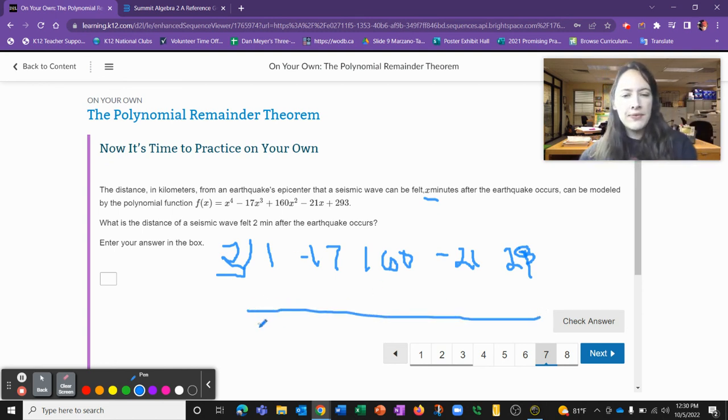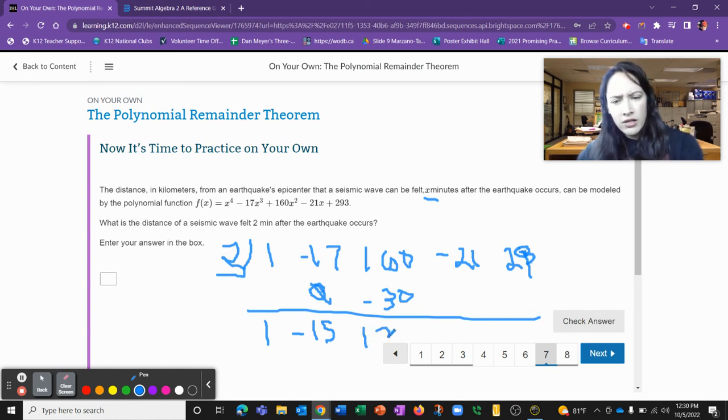So you draw your line, you bring down the first coefficient, which is 1. Now you do 2 times 1 is 2. Then you add. So we get negative 15, right? 2 times negative 15 is negative 30. So we should get positive 130. Then 2 times 130 is 260, positive, minus 21, so it should be 239. Again, you can use a calculator. 239. Now 2 times 239